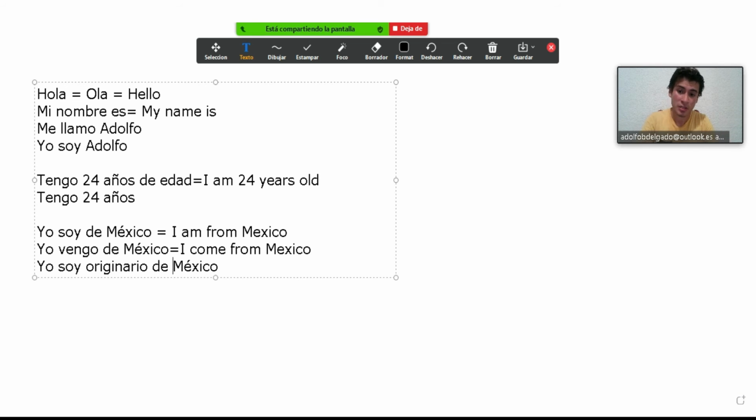So I will use my city and even my state: yo soy originario de Salina Cruz, Oaxaca, México.